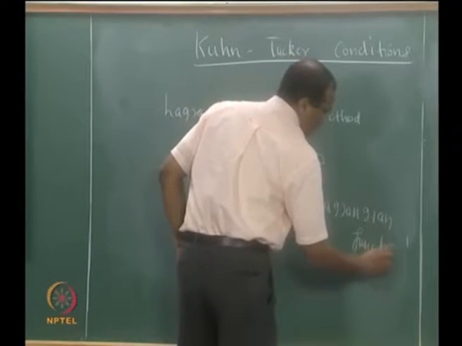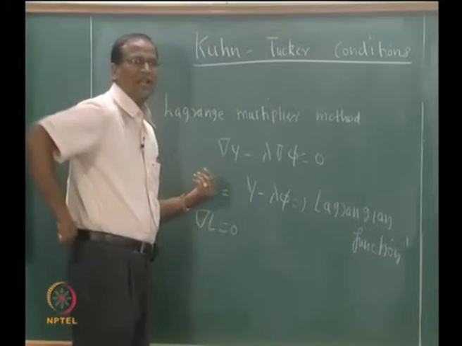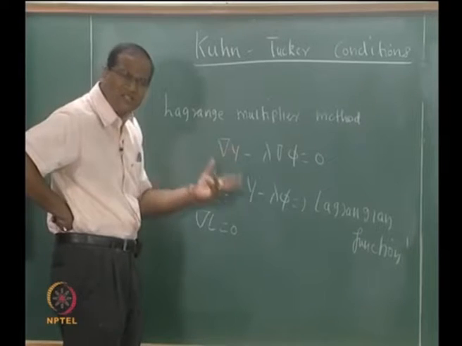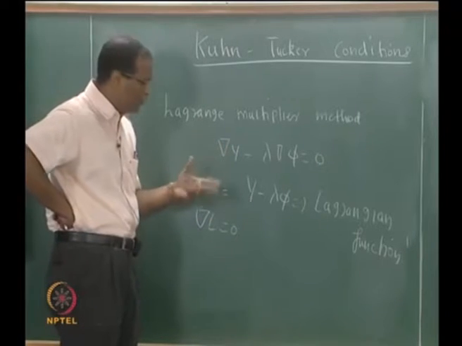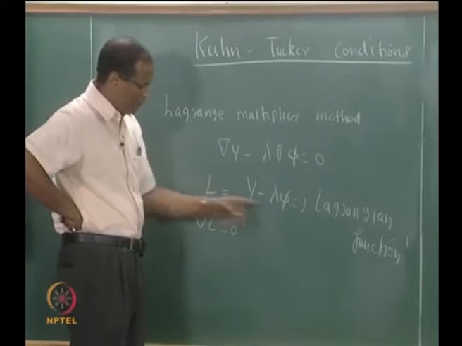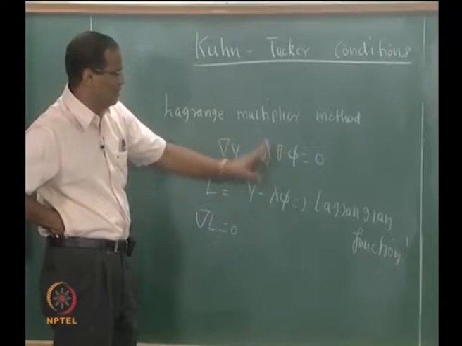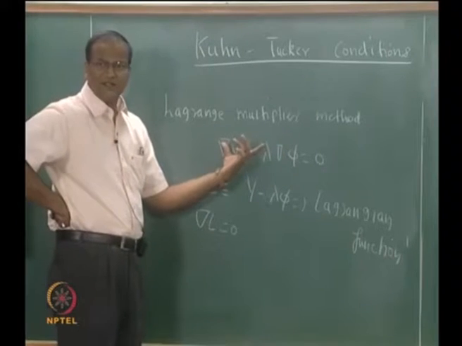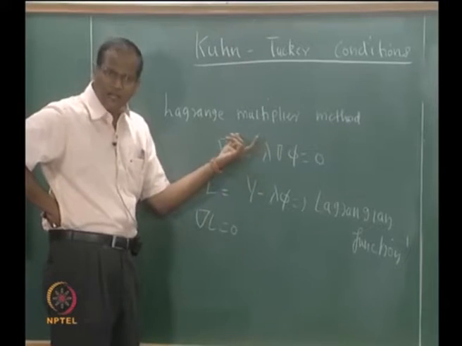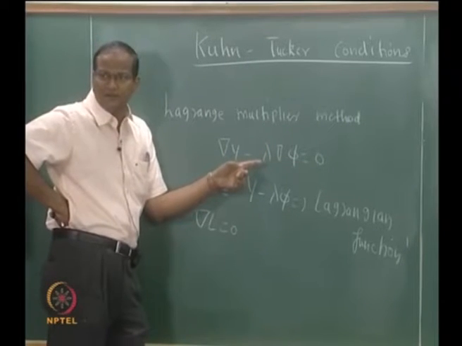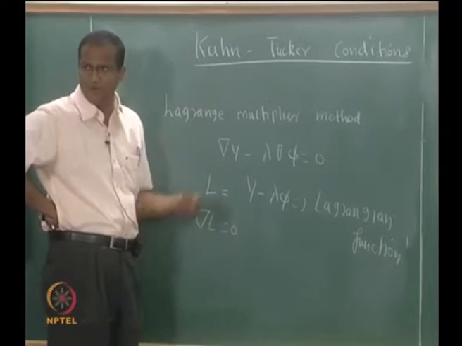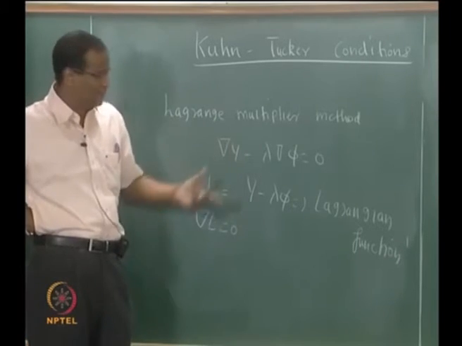So some people like Ravindran and Reklaitis, they will say that this is analogous to converting the constrained optimization problem into an unconstrained one, though I do not fully agree with this because the constraint is still hanging around there, okay. First they are saying that once you put this lambda phi, you incorporated the constraint, but still this alone, if you solve, you will get all the answers in terms of lambda, okay. You have to actually use an additional equation phi equal to 0 for a one constraint problem to get the value of lambda also, apart from the other things, right.